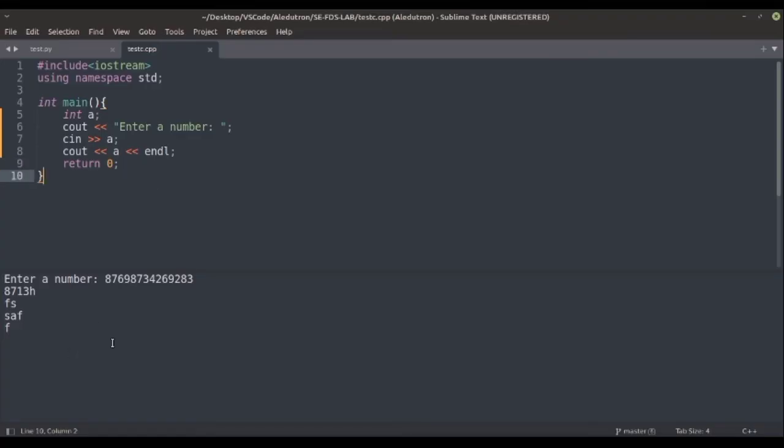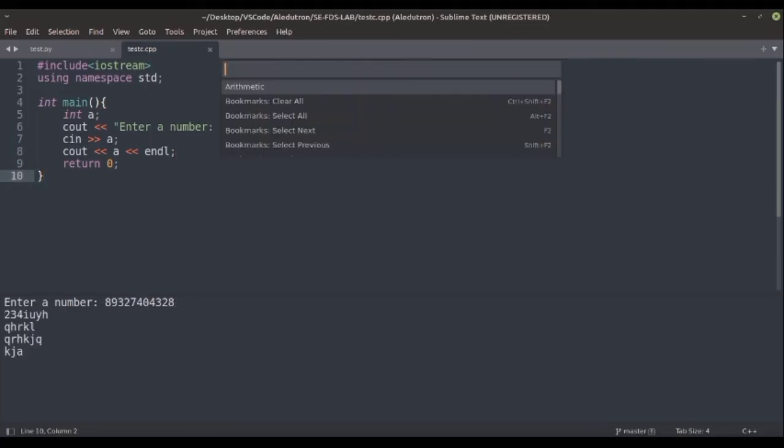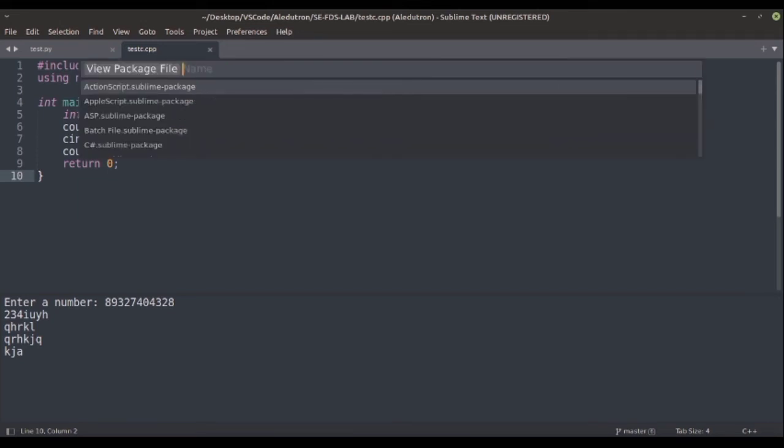So now what we have to do, we have to make this terminal interactive. So to make this terminal interactive, what you have to do is, now click on Ctrl Shift P. Here now type view package file. So this is the first option, view package file. Select this. After selecting, type here Python. So here you should see the second option,